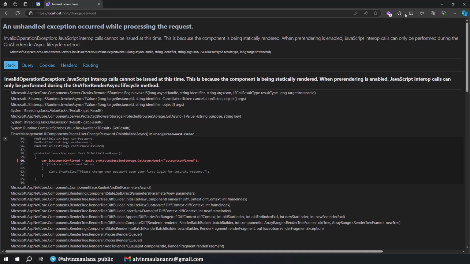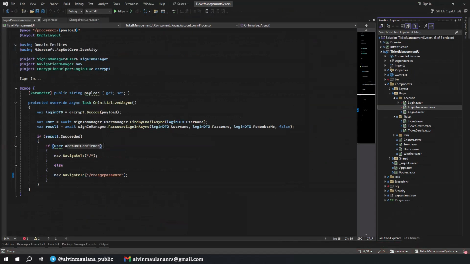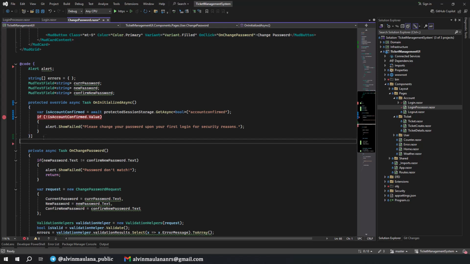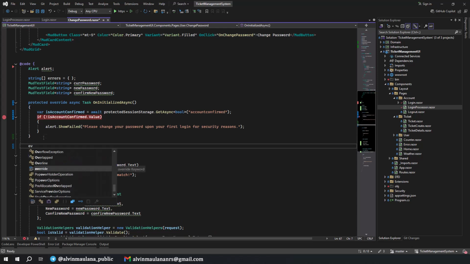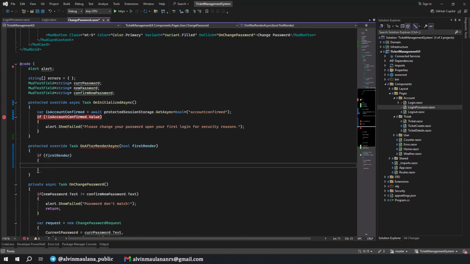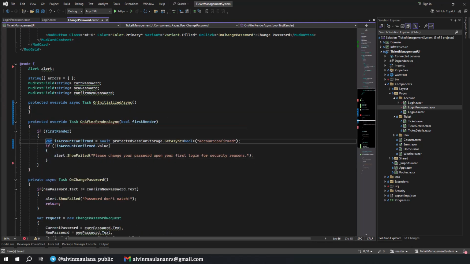It seems JavaScript is only able to do this after render. Okay, sorry. So it's better we call it on after render. We can just do it like this. Alright. And after render, this one is the first render. We do it one time only, and then let's call it asynchronous.